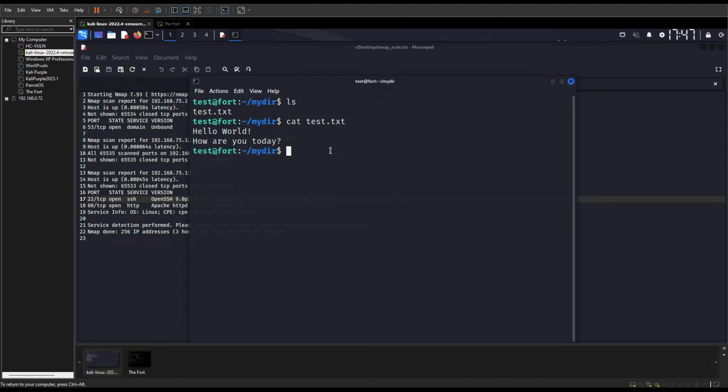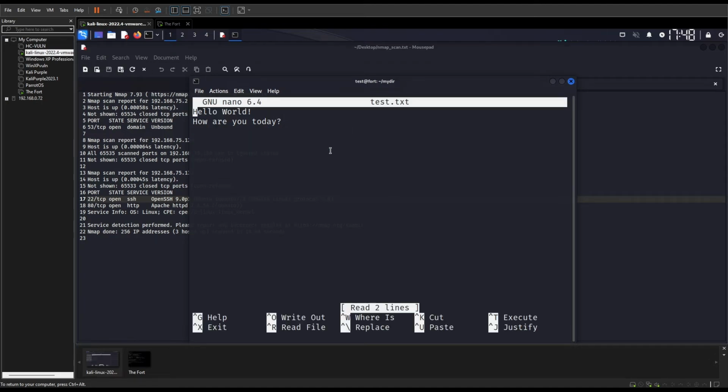However, if I wanted to do something a little bit more, or have a little bit more control, I know on this server I have Nano, which is a very simple text editor, and I can put in the name of the file that I want to open, and then that will then open an editor,